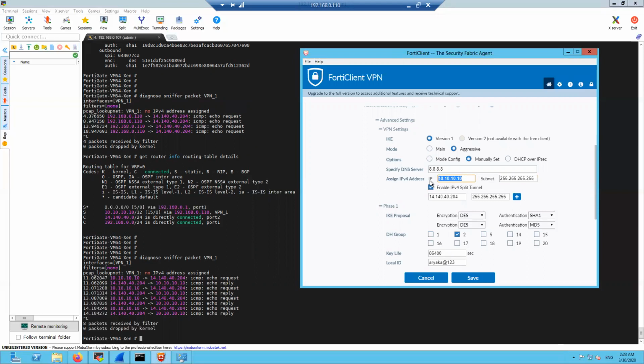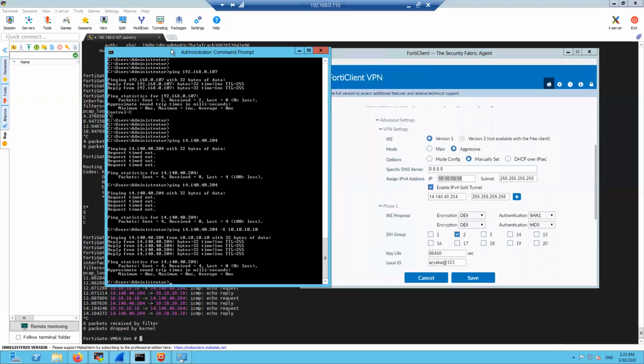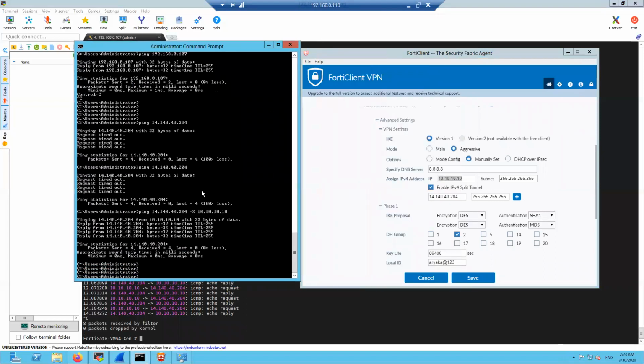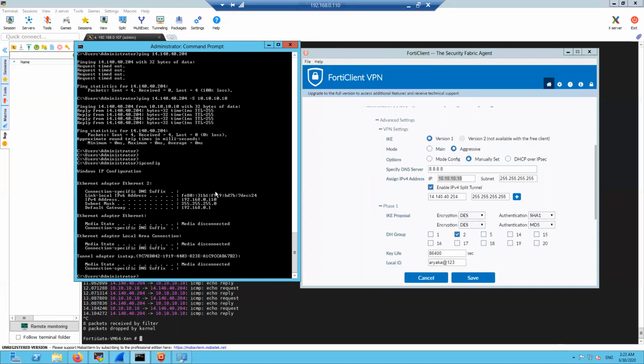If you go and edit this configuration, since your system is having this IP 192.168.0.110, you can put this IP if you don't want to use any other IP. Okay, let it be /32,